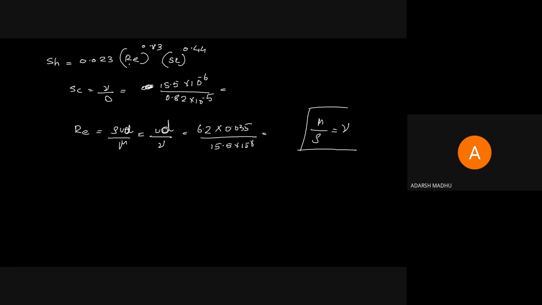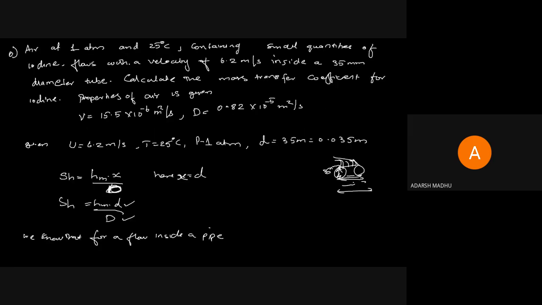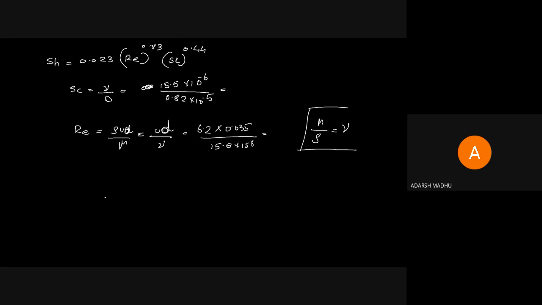Sherwood number, Sh value, and substituting the value of Sh in this equation, you can find directly the hm value. This is how we find the hm value. Whatever question comes, the method to find the value of hm, mass transfer coefficient, is using Sherwood number, right? It is a flow inside a pipe, so there is an equation to find out the value of Sherwood number. It is 0.023 into Re raised to 0.83 into Sc raised to 0.44. So Sc number and Re value is simple equation. The values are given in your problem, mu value, D value is given, and using the equation Sc equal to mu by D, you can find out the Sc value and Re value.